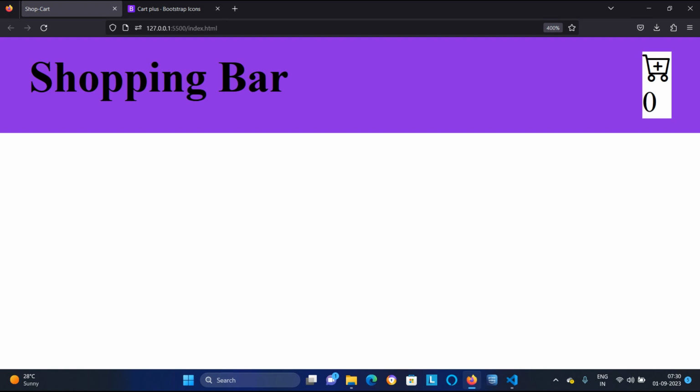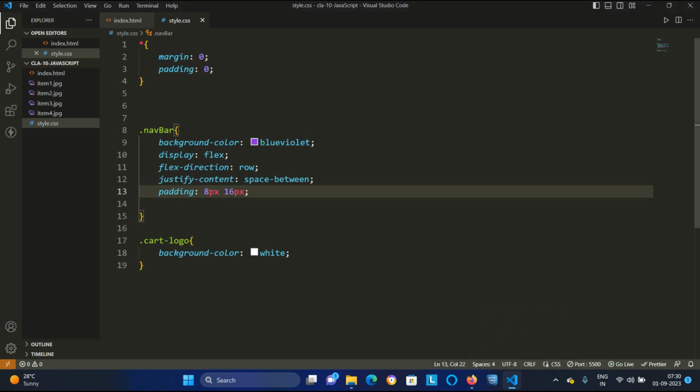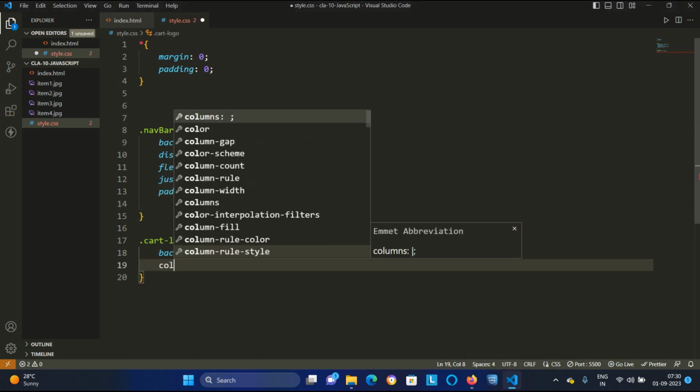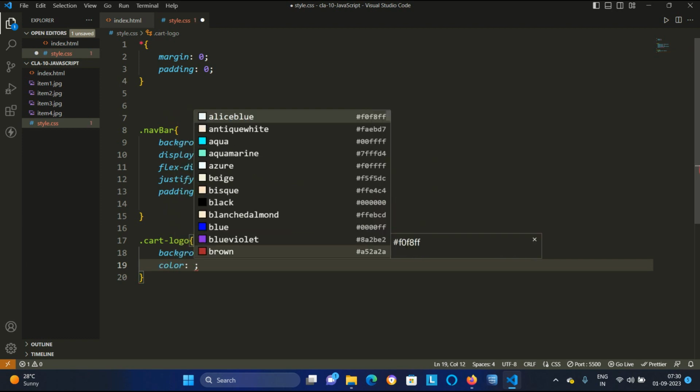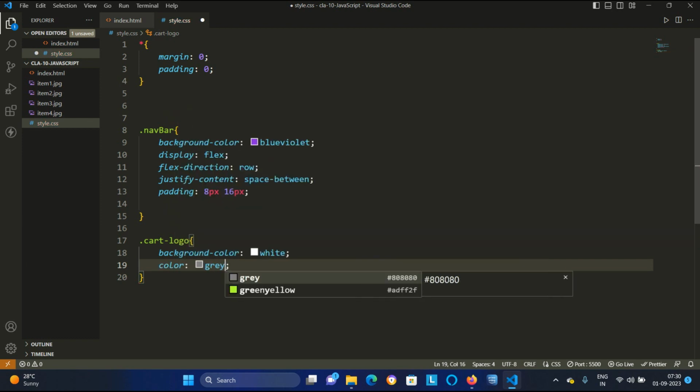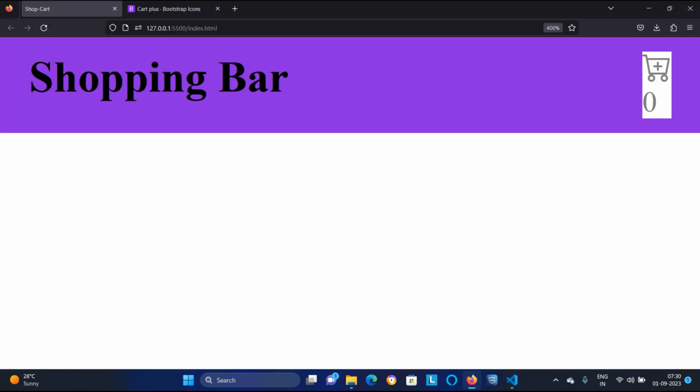So the background of that cart logo is coming in white color. I want to give it a color of gray. So if I give it a color of gray, this cart logo and this number will come in the gray color. So the background is white and the color is gray.